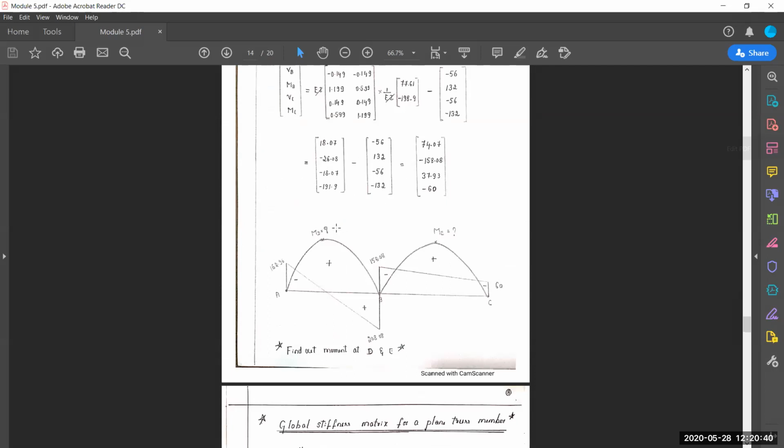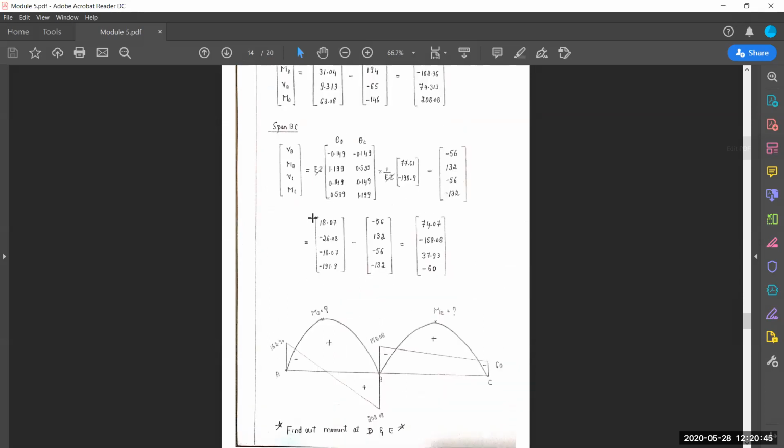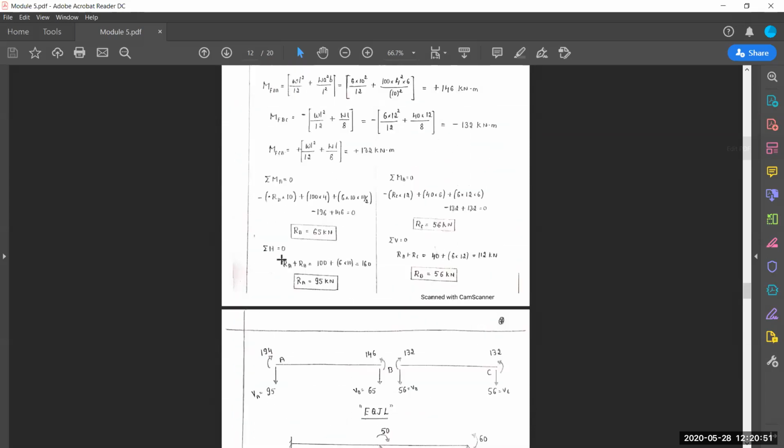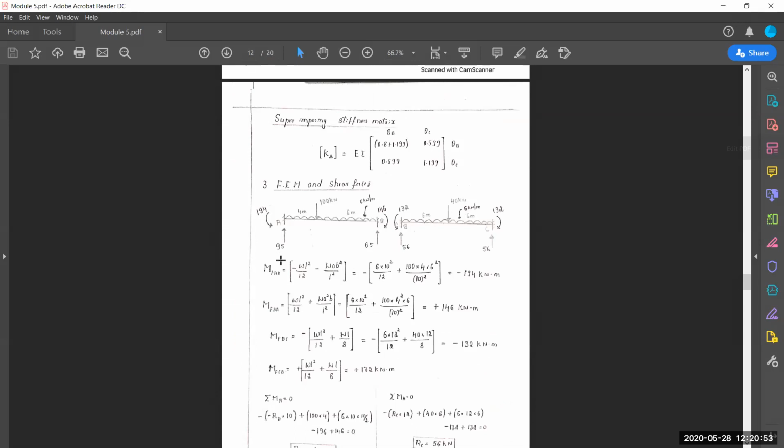See, MD and ME, I have given a question mark here, but please do the calculation separately. You have to find this. Why? Because in other problems, directly you can substitute some formulas. But here it is not the same condition. Here one UDL and one point load is there. For that, shear force values are there. Which shear force will you be considering?